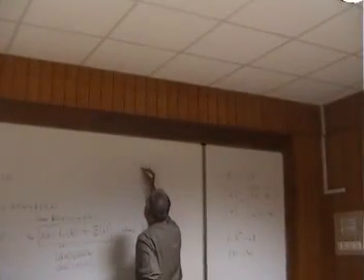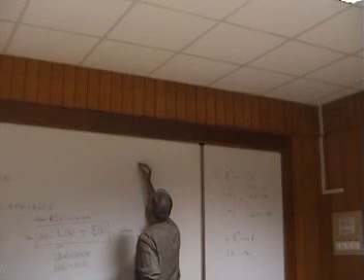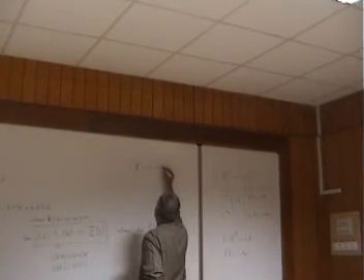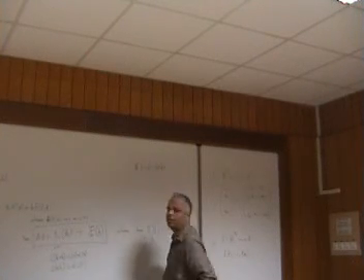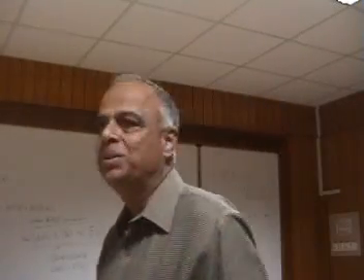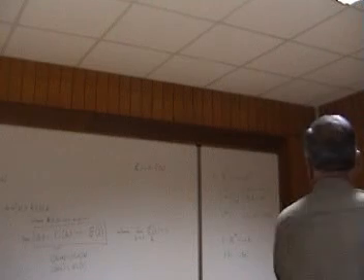Now suppose such a fellow is there, I will write it in compact notation: I will treat it as a vector x, which is mapped to another vector. This vector has n components and that vector has m components. This vector has m components, that vector has n components. That is the situation we have.